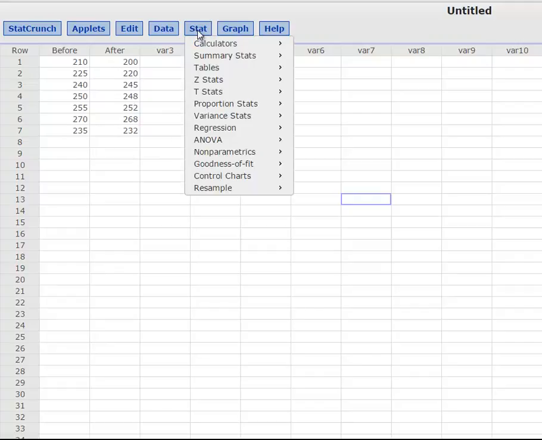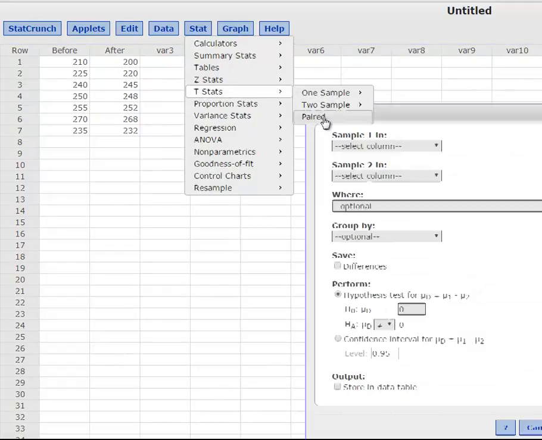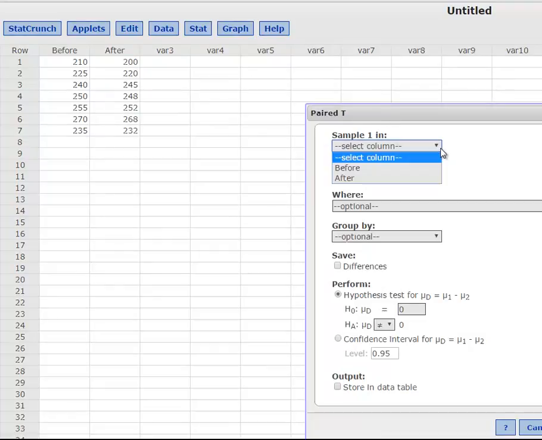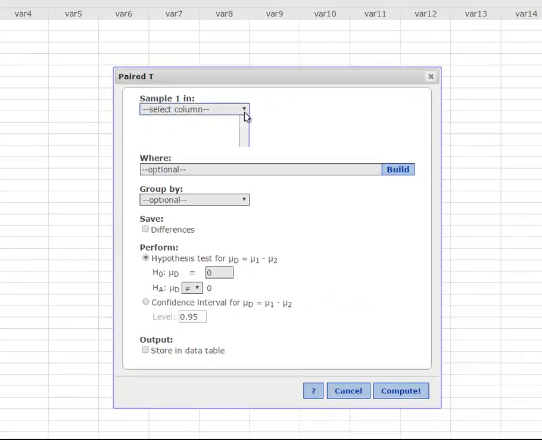I'm going to click on Stat and find my paired t-test. And again, let it know what is my first sample and what is my second sample. So my first sample is in before, my second sample is in after. Now remember, this was an upper tail test, so I can change the sense of direction for the alternative. Now if I press compute now,